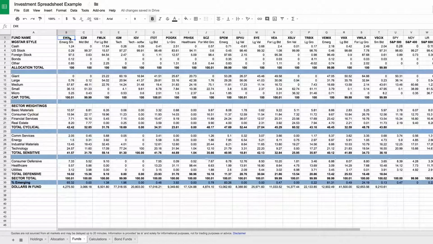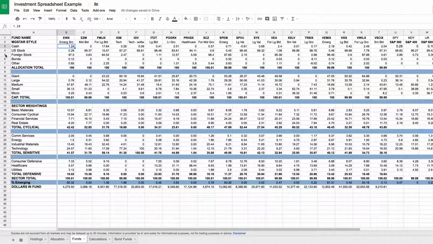This sheet seeks to pull information from Morningstar in this case, and all we're doing is gathering the statistics that Morningstar gives freely to all of the investors that use their website. You do not have to be a premium member to get this information. You just need to maintain the information over time. I've written a script that updates it, and we have all the attributes of a particular security,